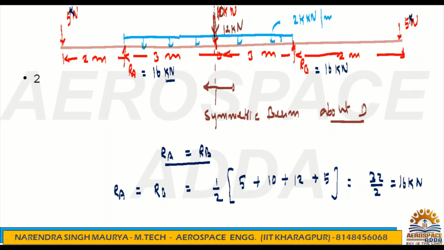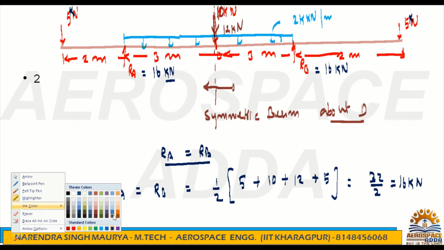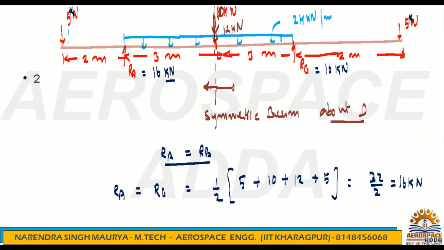Right. Now coming to the SFD calculation, it will be very easy for you. I told you how to get the SFD. Once you are going to calculate shear force, last class I had explained nicely. Suppose this is the 5 kilonewton, you make a boundary like this. This is the easiest way. Everywhere where forces are acting, like RA, which is also a reaction force, you just make a boundary like this. Here also we have forces, so make a boundary like this. Here also we have a reaction force, so make a boundary like this. And here